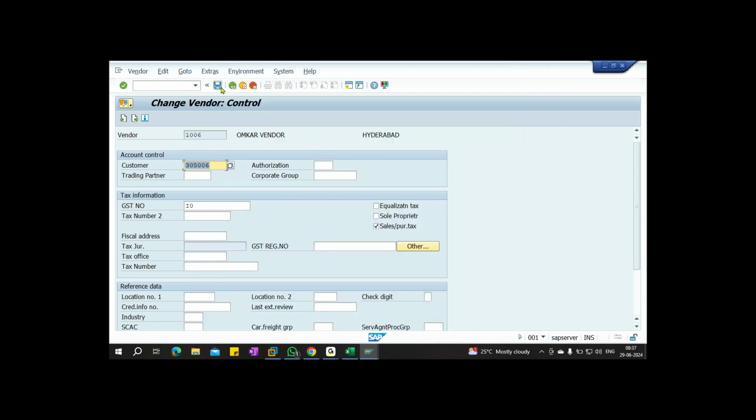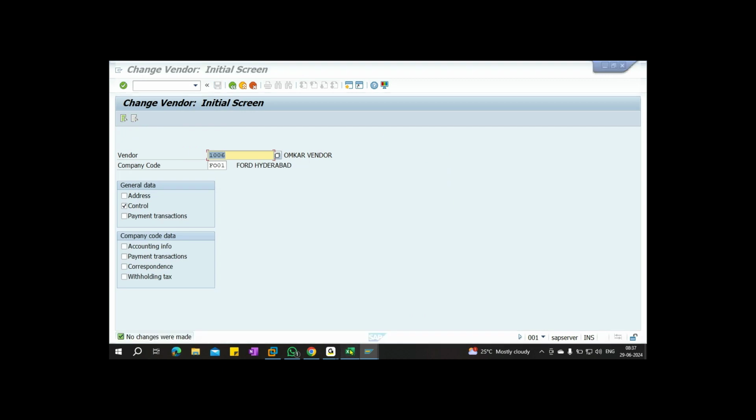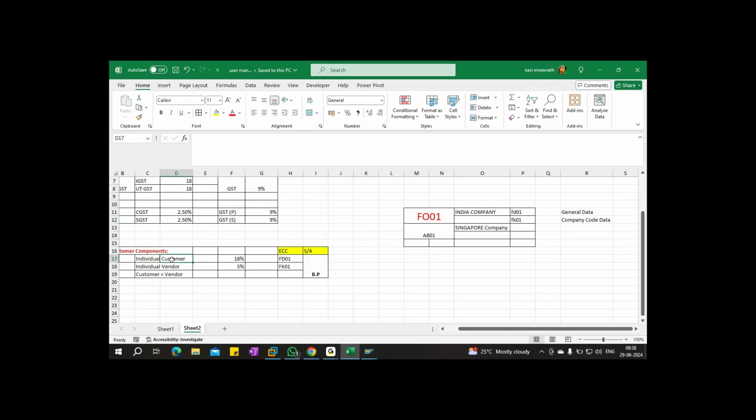right? So what are the three different components? Customer, vendor, and customer equal to vendor. But for this, how many transaction codes do you choose? For customer creation FD01. Sir, question: